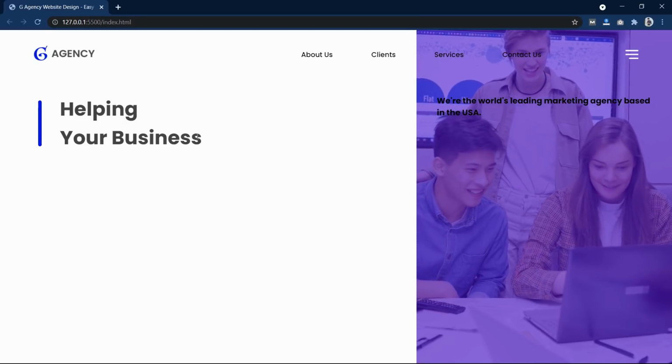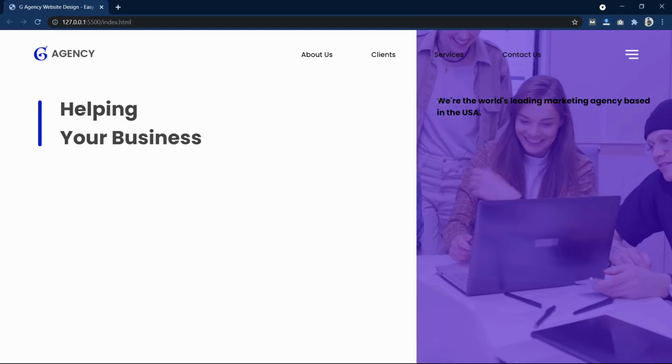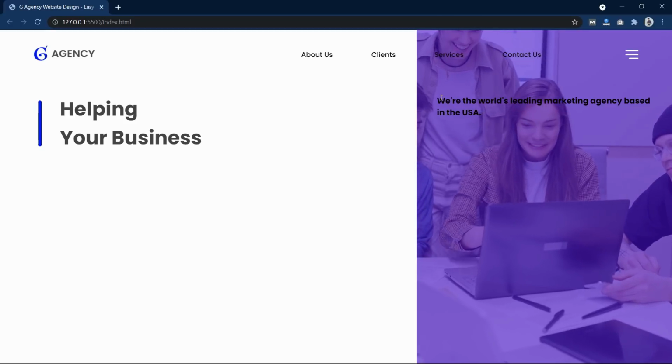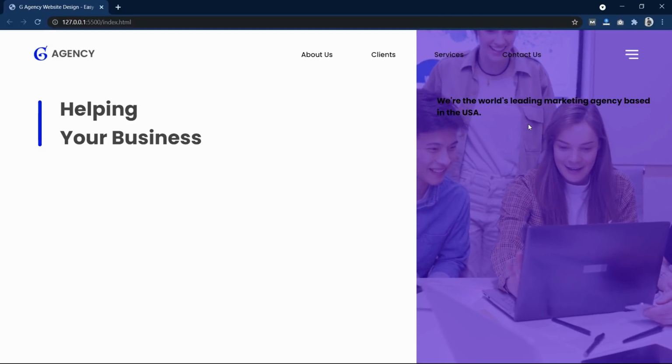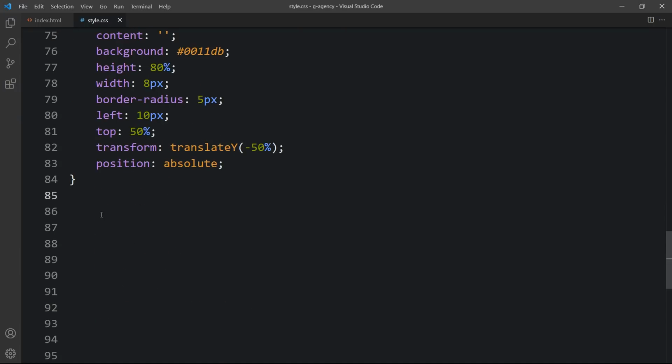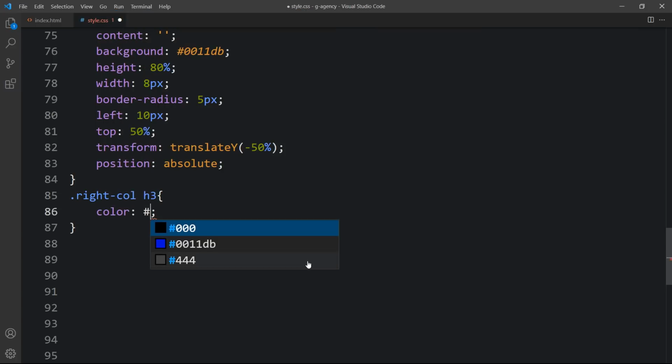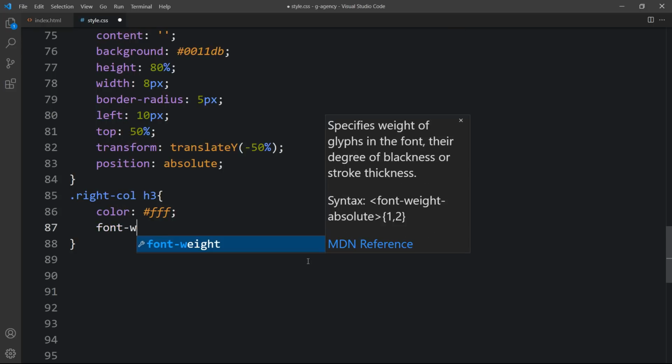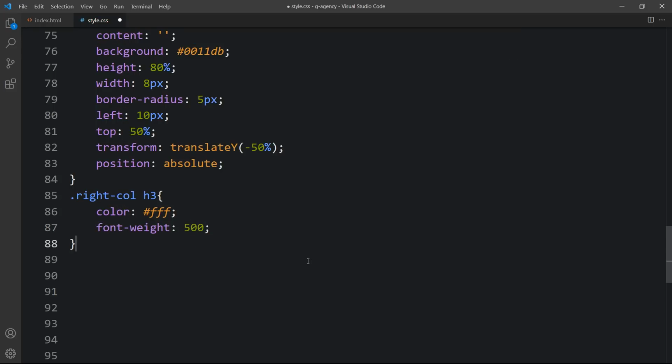Next we will add the same thing for the text which is in the right column, and we will change the position also. So let's come back, and here we will add the class name right call. In this one we have the title in h3. Here we will add the color, it is white FFF. Then we will add the font weight, it will be 500. Then